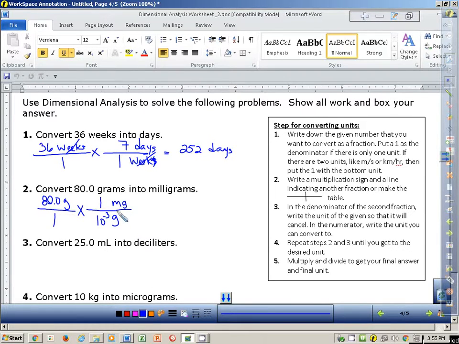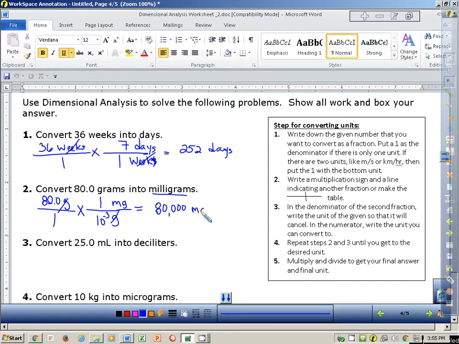Milligrams is where I'm at right now. Grams cancels. Milligrams is what it's asking me for, so I'm ready to quit. I'm ready to move on from my problem. So I'm going to have 80 divided by 10 to the negative third is how we're going to work this. And you're going to end up with